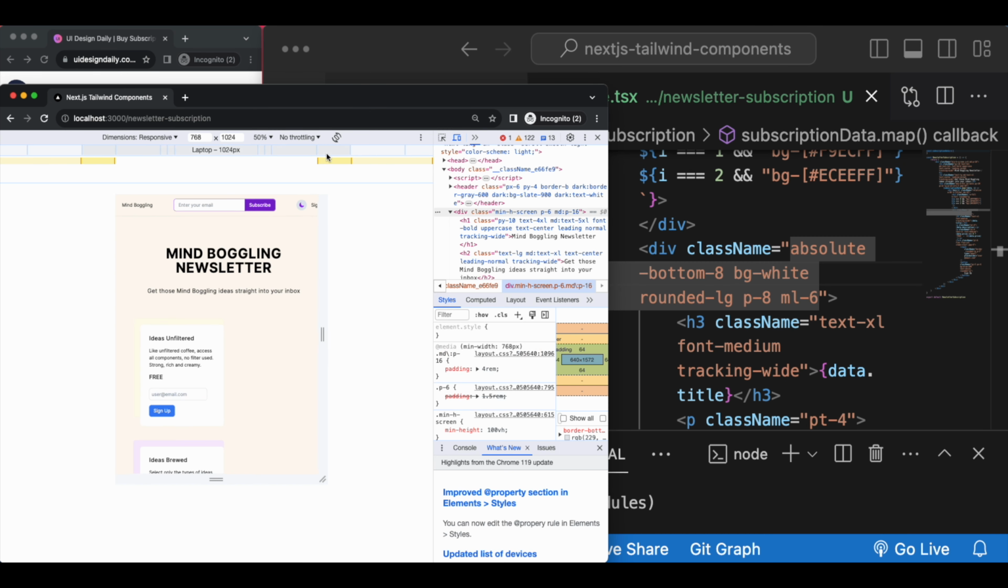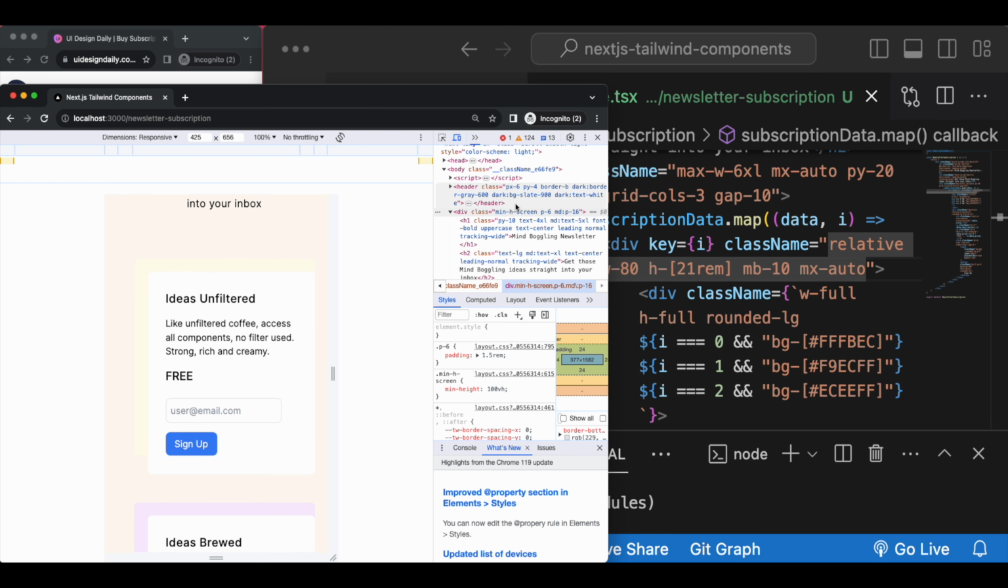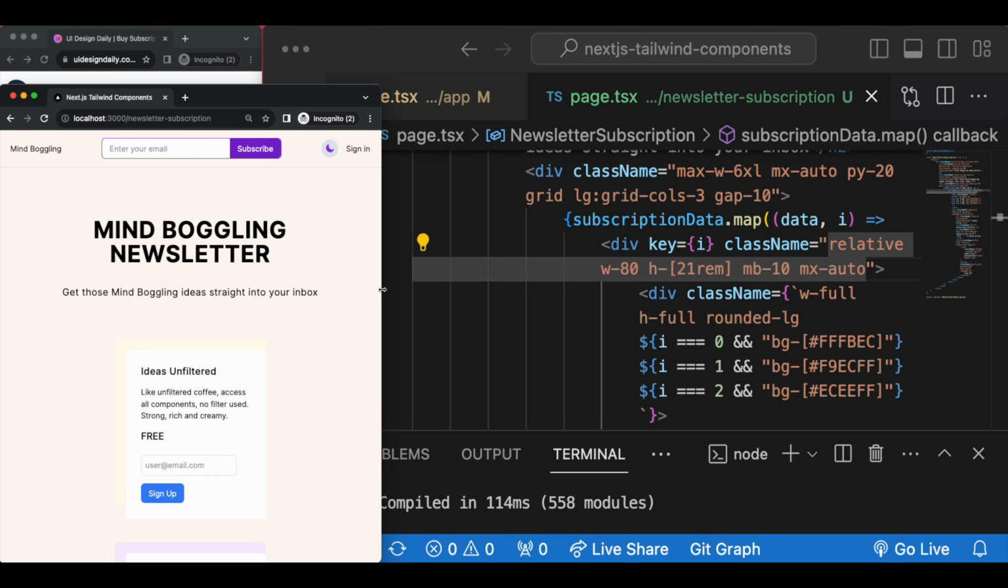To make the cards align center on the smaller screens, when there is only one column, we can add MX Auto in this div here. And if we compare it with the UI design,